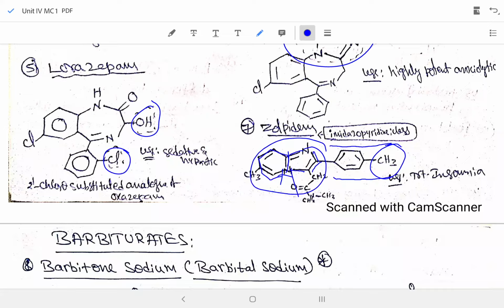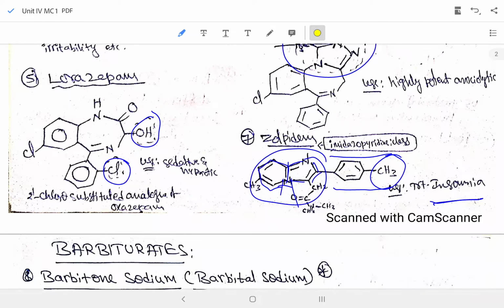Okay, fine. So let us now see how these drugs are used, the indications for which they are used. Usually sedative hypnotics are used for the treatment of insomnia. What is insomnia? Insomnia is a sleeping disorder, improper sleep. A person is unable to sleep properly. In such conditions, we use sedative hypnotics to induce sleep. Okay. Sedatives are somewhat mild. They will induce calmness or drowsiness, but hypnotics will induce sleep.